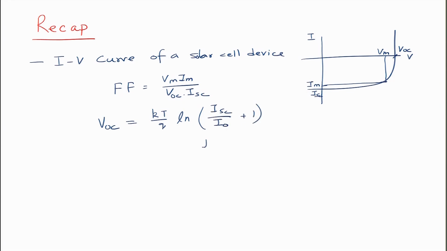You can also write this as JSC divided by J naught, because areas will cancel each other. And then we looked at the efficiency, that is power conversion efficiency, which is Im Vm